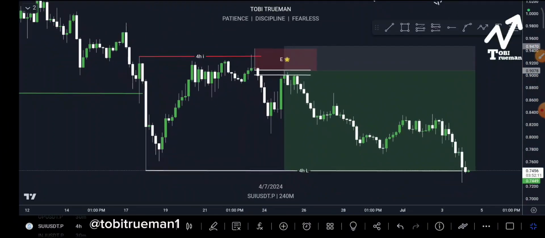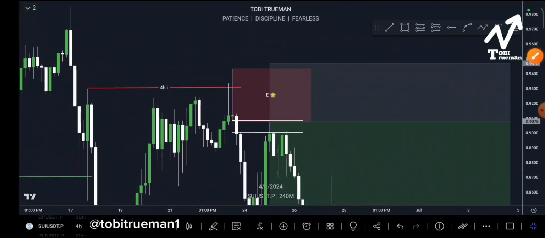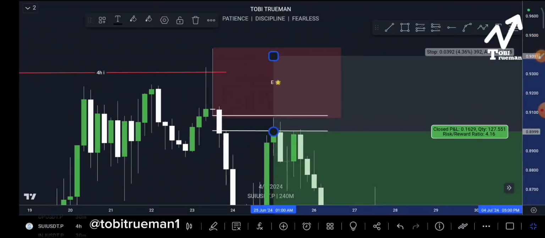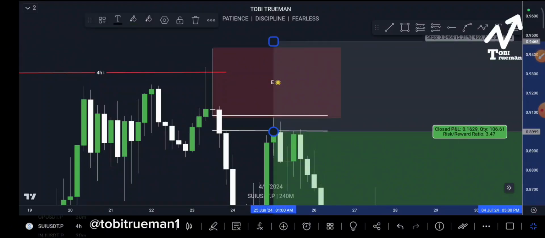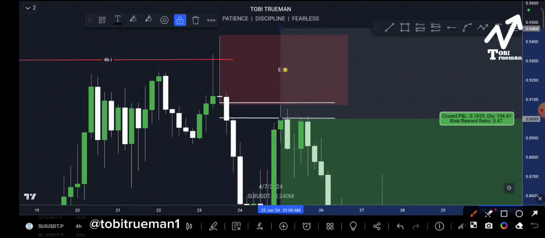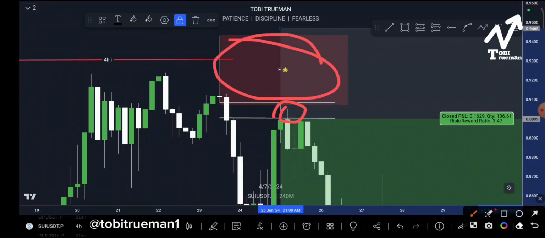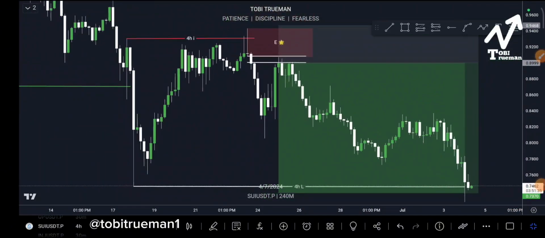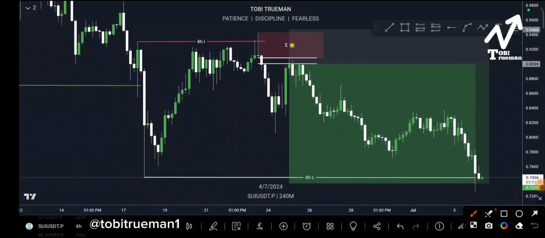But since it did not get tapped along and our fair value gap is very close by, there are sometimes the fair value gap can be very wide. But since this one is close by, I've learned my lesson that in subsequent trades I can put this sell 2 at this low point, so that if price taps on the fair value gap, like I've explained now, we'll get tagged along. If we also tap on this candlestick of this other block, we'll also get tapped along. So in this trade, we were left behind. Why? Because price made use of the fair value gap instead of the candlestick inside the other block.